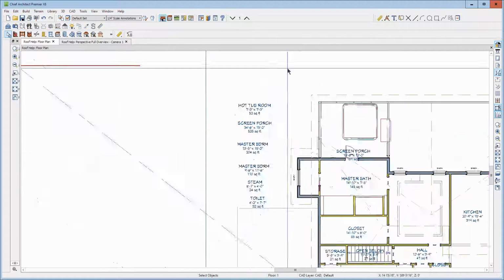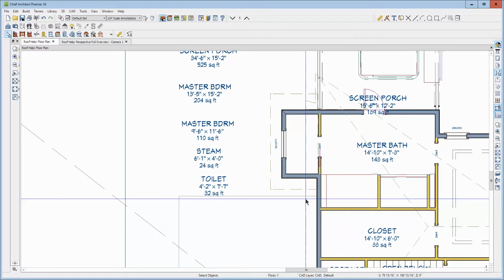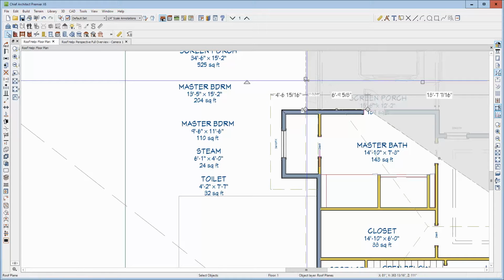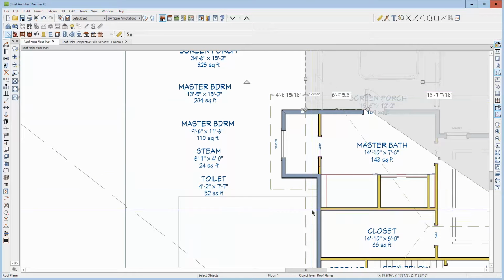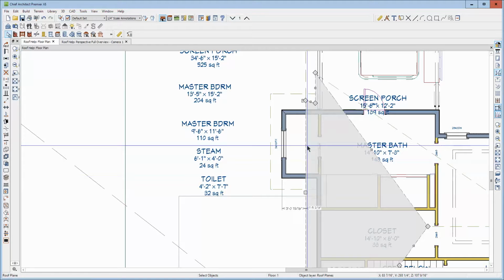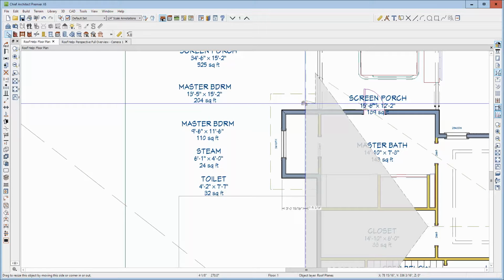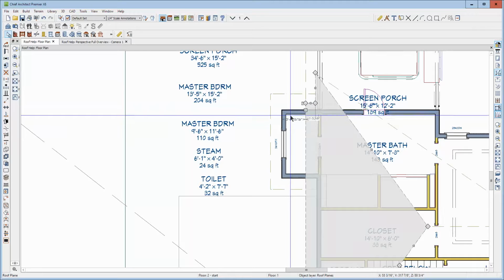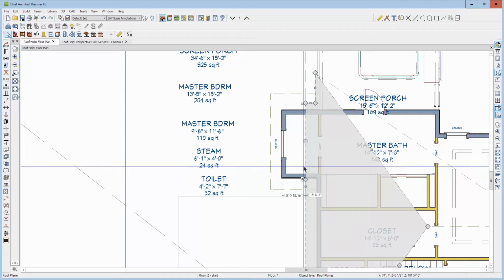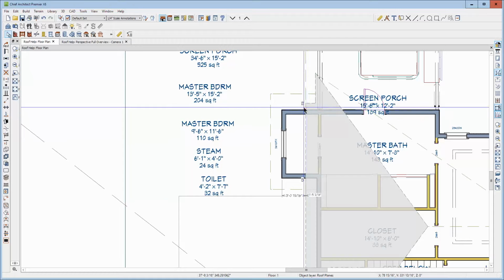Now in plan view, I'm going to notch this roof. Whoops, not that. This. Actually, not that. This. Ooh, I can't. Yeah, I'm going to notch this roof. We'll break it close to the edge and break it close to the edge on the other side. This is convoluted, but